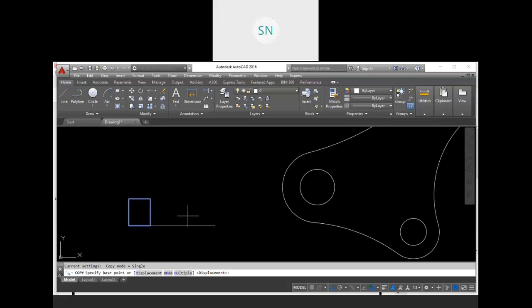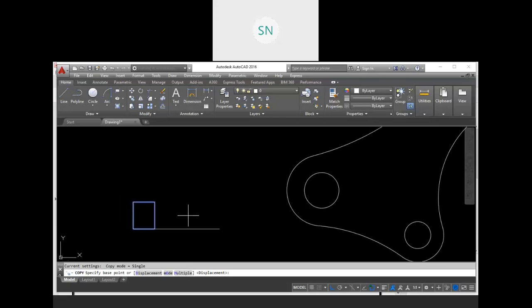But for example, I want multiple copies at a particular interval, right? So this time I am providing the base point. Then we have one more option. See, array. So go to the array, and here I am typing my number of items, say 5. I want 5 copies.